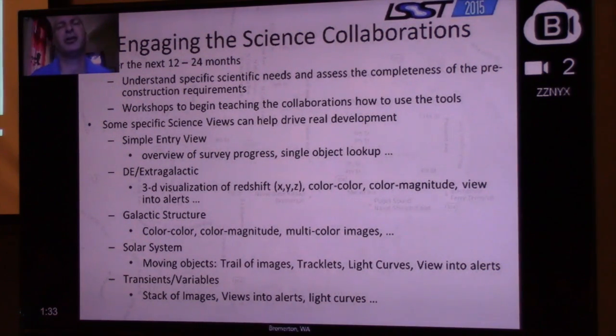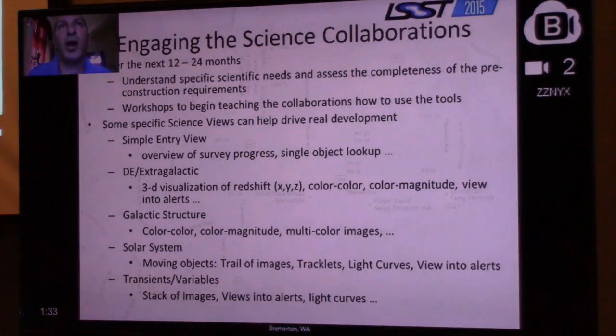design work to think through, in particular the workspace, exactly how it's going to work and how it's going to connect hasn't been thought through in any strong detail. But I'm trying to drive this from the point of view of being a scientist. I am a member of the Stars Milky Way collaboration as well as the transient variable collaboration. So I have a very strong desire to make sure that these work for my collaborations as well, but I need to also make sure that they work for the dark energy and the extragalactic collaborations, the galactic structure groups and the solar system. And so each of these groups will have very slightly different